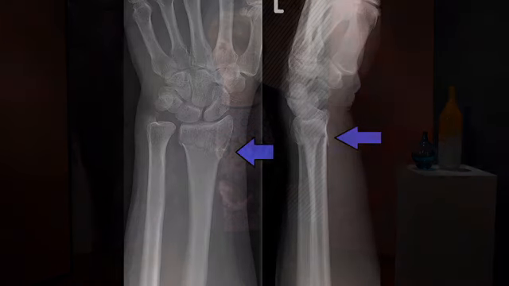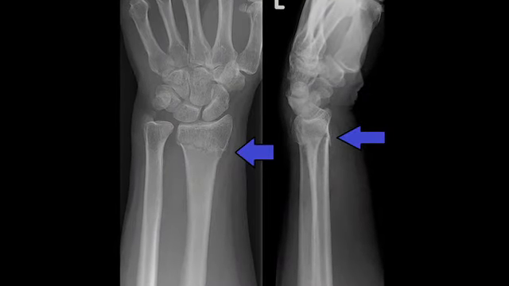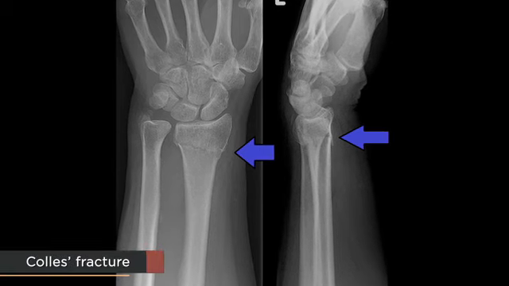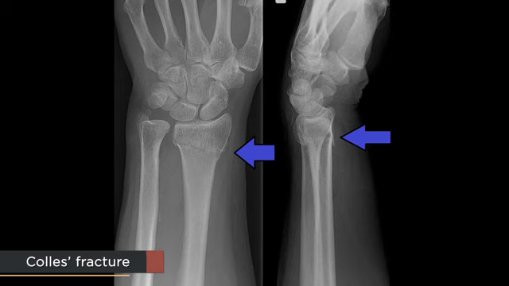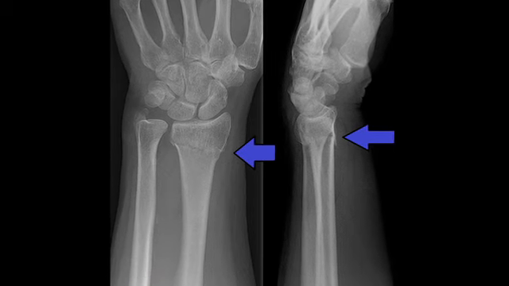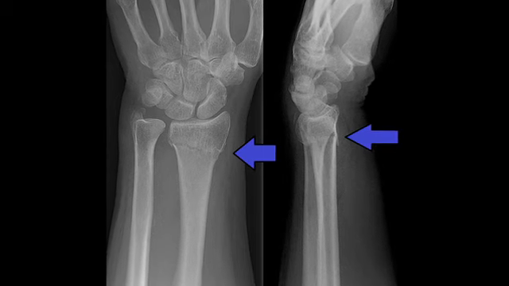A FOOSH injury (fall on outstretched hand) is often the cause of a so-called broken wrist, but the fracture is typically a break in the distal radius, common enough to have the eponym Colles fracture. I guess FOOSH could also be the sound that's made as someone is slipping down the stairs. Anyway, the entire force of the fall is transmitted from the palm of the hand through the scaphoid and lunate